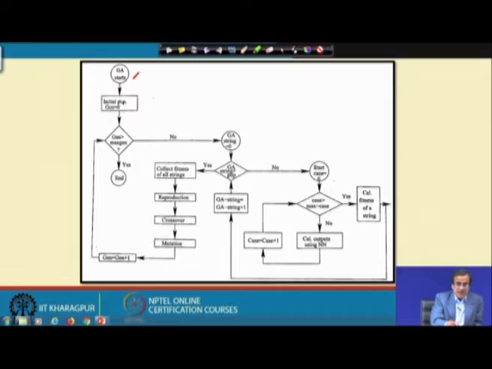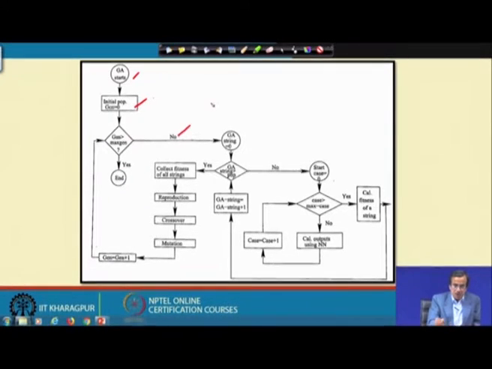We assign the number of generations equal to 0, or the iteration equal to 0, and here we have one check: whether the number of generations is going to exceed the maximum number of generations pre-specified by the user. If this condition is fulfilled, that will be the end of the program.